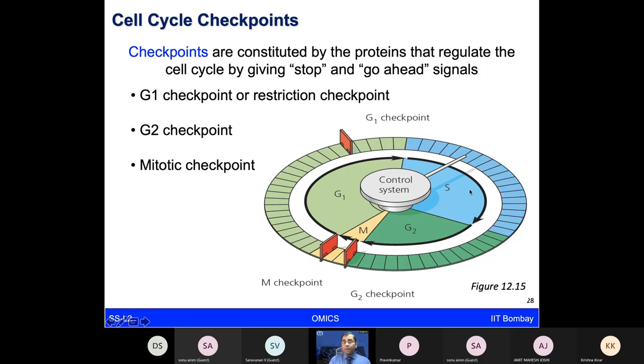Now when S phase has happened, if all the material that was needed has been sufficiently produced, the cell can move from the S phase to G2 phase, and that is ensured by the G2 checkpoint. So we have two different checkpoints, one is the G1 checkpoint, the other is the G2 checkpoint, and these two checkpoints are nothing else but some proteins and some